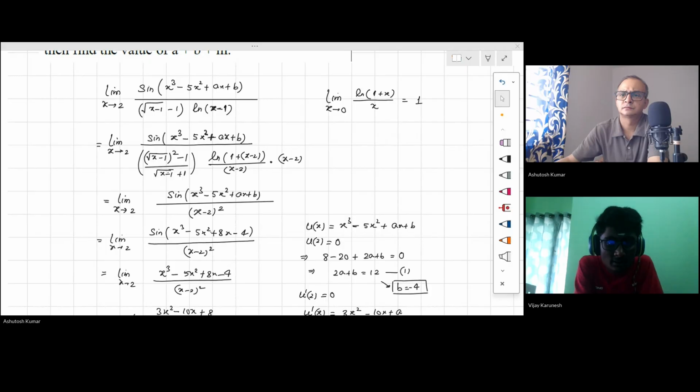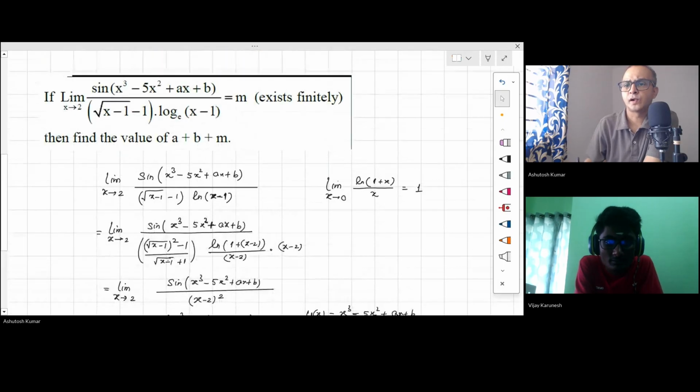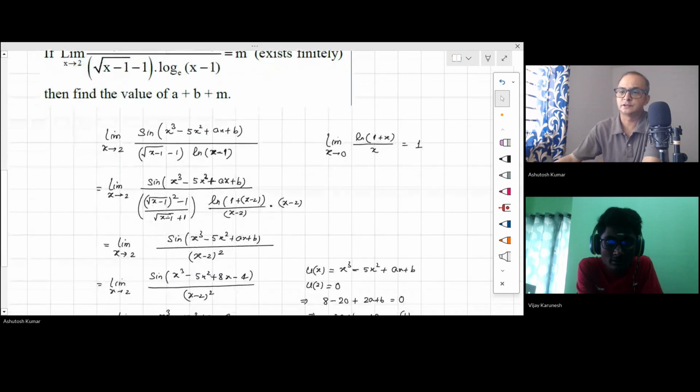Sir, in the second step, we will be getting the denominator as 2, sir, not 1, sir. Root over x minus 1 plus 1 will be 2 more, sir. Here, the second step. Yes, sir. There we will be getting a 1 by 2 in the denominator. Oh, yes, yes. This is 1 by 2. So 1